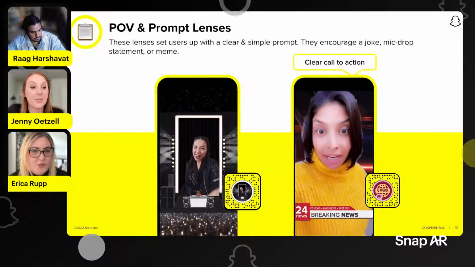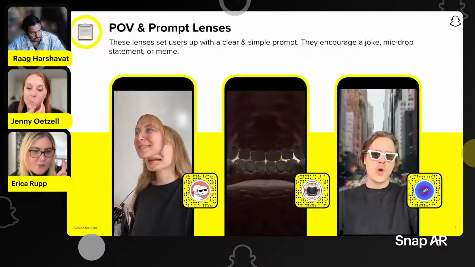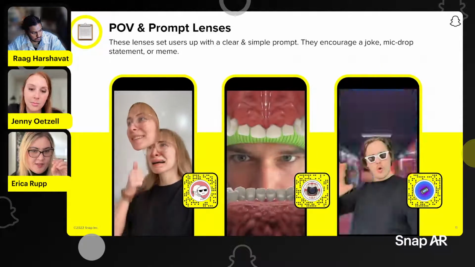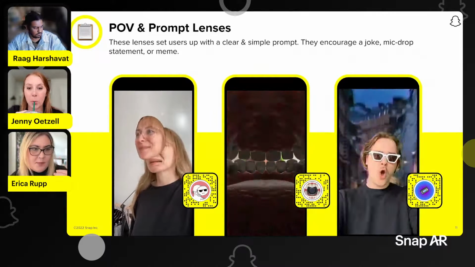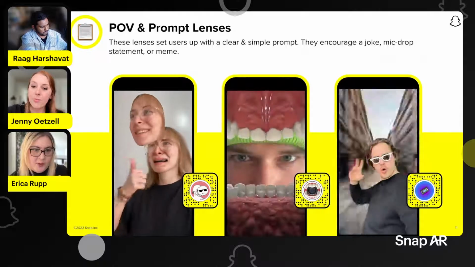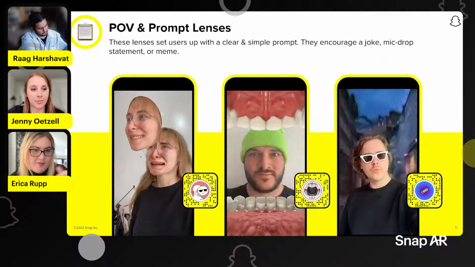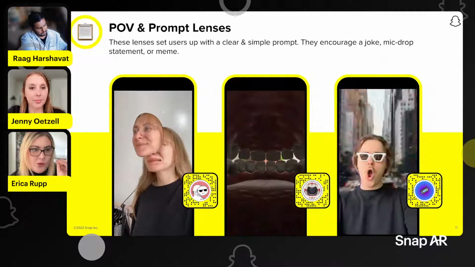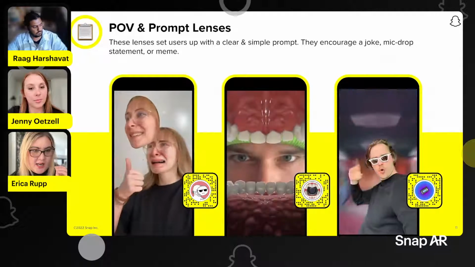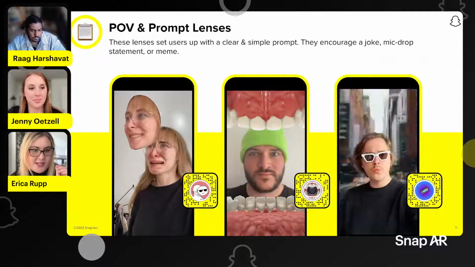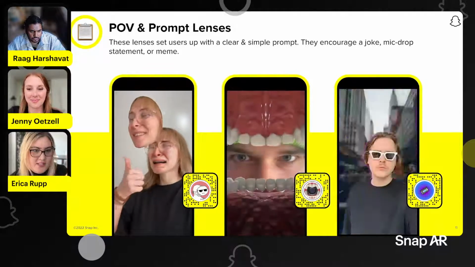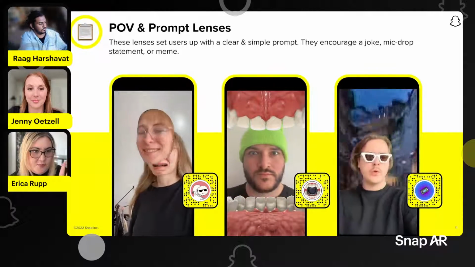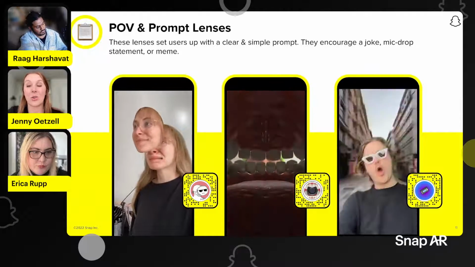And something to note with the middle one is I really love how even in the first frame, you can tell that something's happening. On Spotlight, people scroll quickly, right? Our attention spans move fast these days. So really engaging and hooking the audience in that first half second is so crucial. And all of these are really doing that within the first frame. Mm-hmm. That's a great point. Yeah.